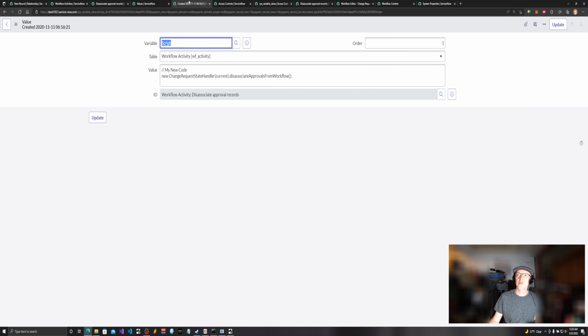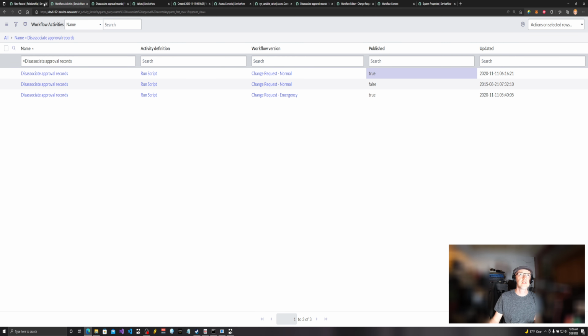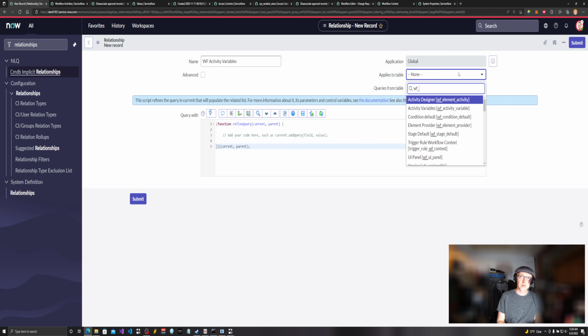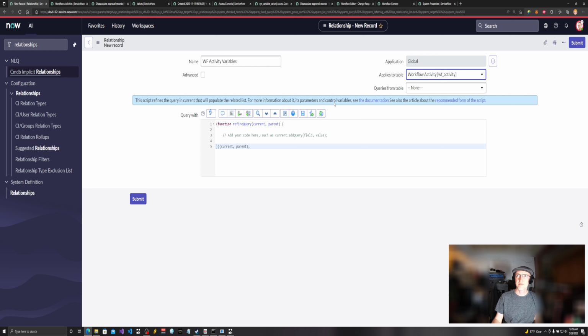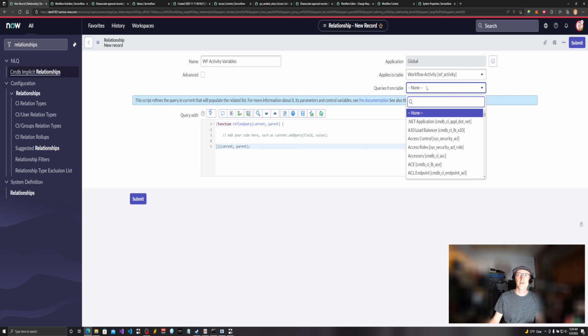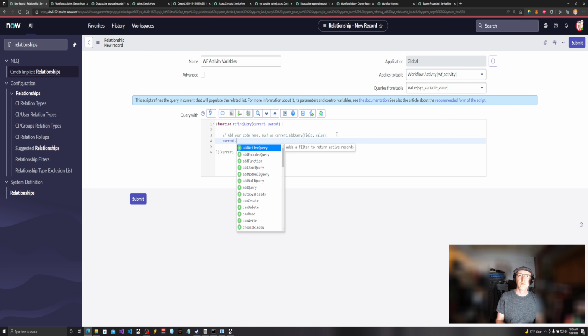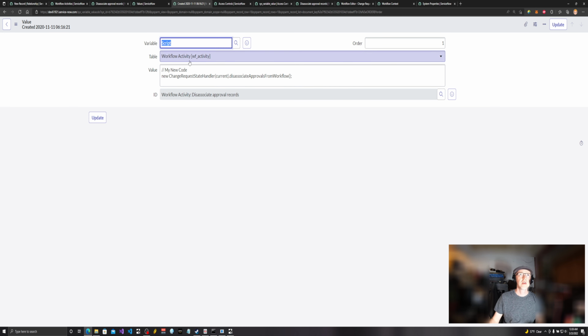So what we want to do is apply this to that workflow activity table. So that's what we'll do here. It applies to WF activity, and we're going to query from the values table, the sys_variables, or variable value table. Then our query is going to be current.addEncodedQuery where